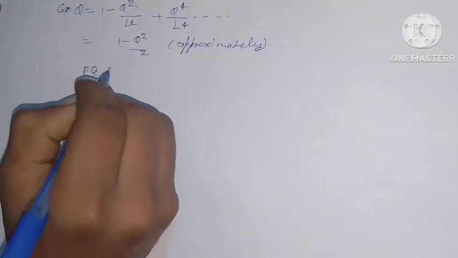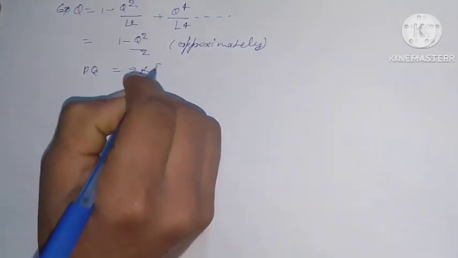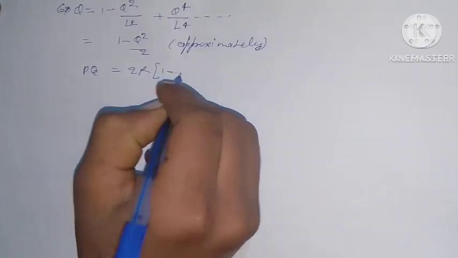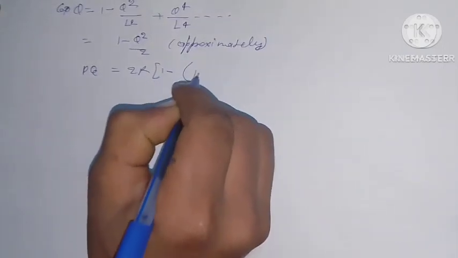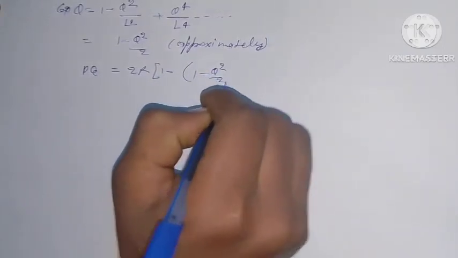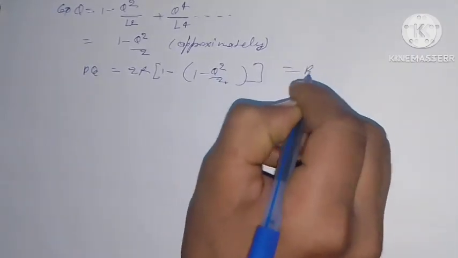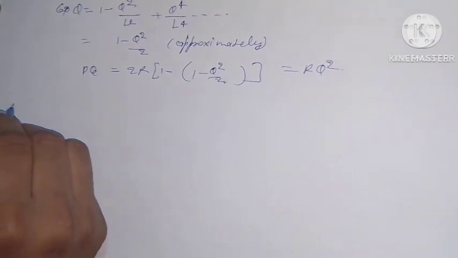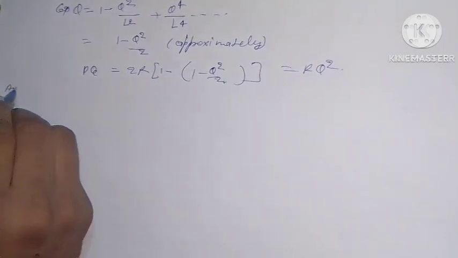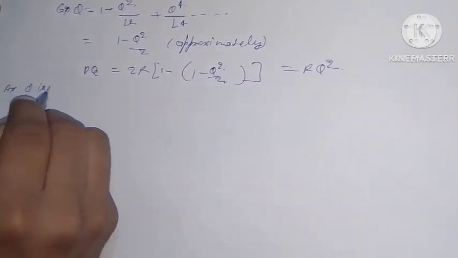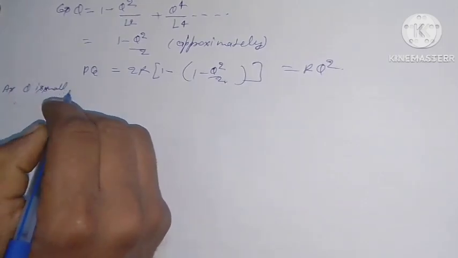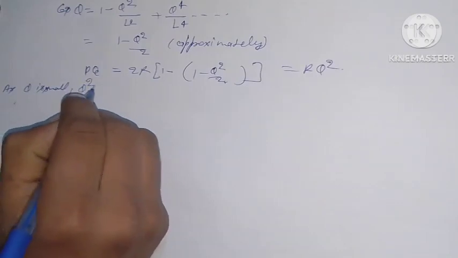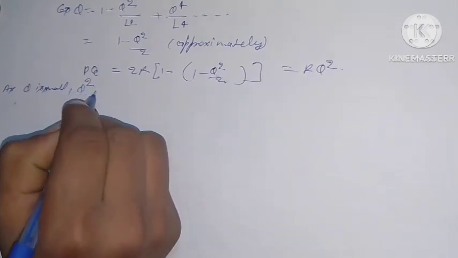Then PQ equals 2R(1 minus (1 minus phi square by 2)), that is R phi square. As phi is small, phi square is extremely small,